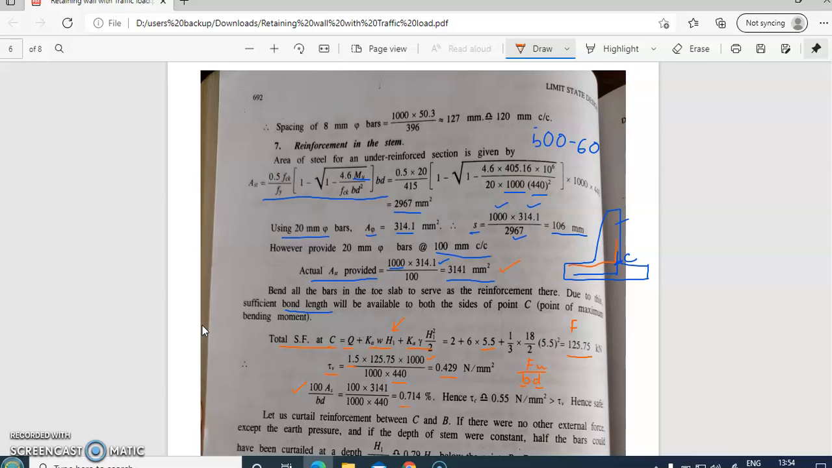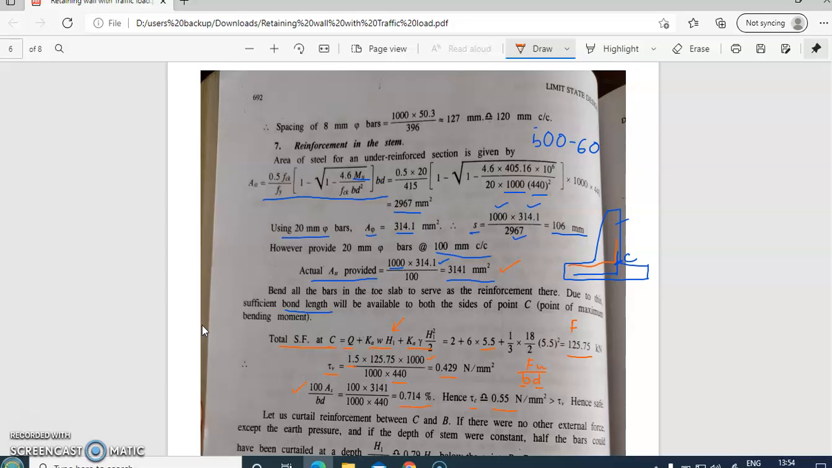So this is the percentage of steel that is provided, and it is 0.714%. So corresponding to M20 and 0.714, tau C from that table works out to be 0.55 Newton per mm square. So this value is how much shear stress the concrete can take